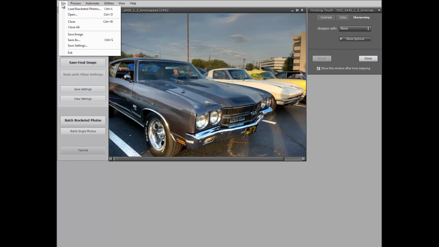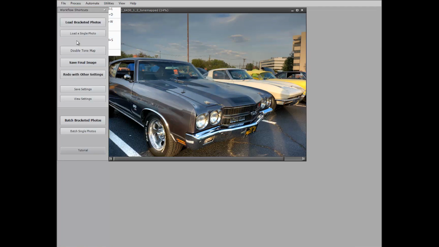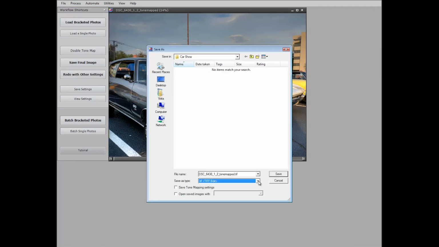Let's go to File. We'll save image as. And I like to save it as a TIFF 16-bit, which will give us the most data. We'll click on the desktop. The file name will be DSC 64301 2 and 3 tonemapped.tiff. We'll click Save. Now that that file is saved to the desktop, let's load those 3 bracketed shots again in